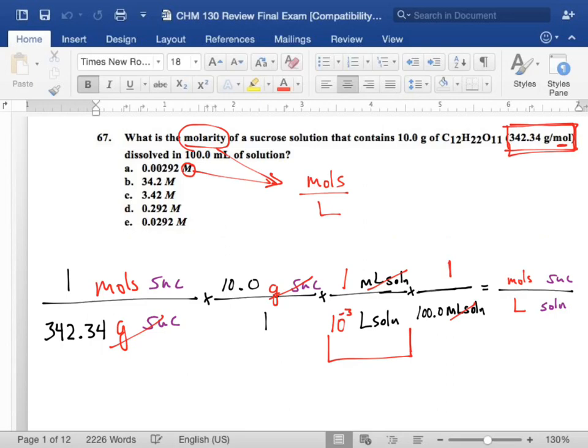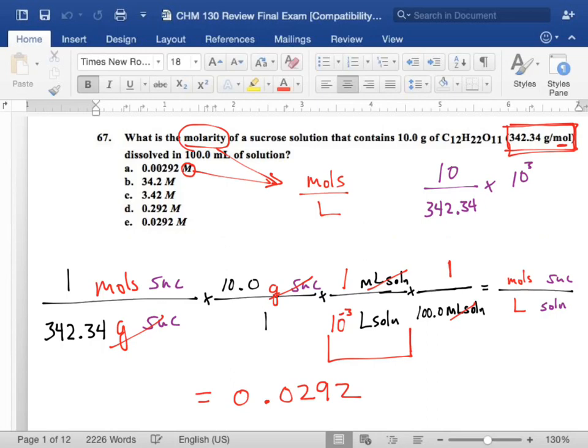I'm going to do a horrible job at approximating this one, but I can try and give it a shot. So 1 times 10 times 1 times 1 times 1, we got 10. 10 to the minus, I'm not going to worry about that one right now. 342.3, oh yeah, I'd have a hard time with this one. I would shift the 10 to the third up into the numerator. But then I'm kind of dead in the water, to be honest. So I would enter it into the calculator. And unless I really, really didn't have a calculator,